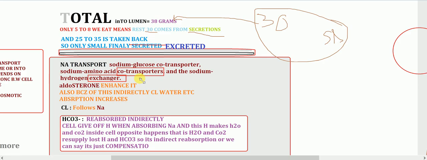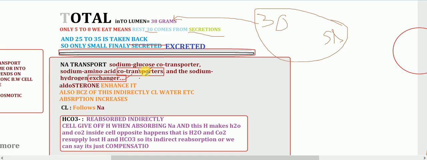At the luminal end, either co-transport or exchange happens. Exchange with hydrogen. Co-transport with glucose or amino acids. So either exchange or co-transport. So that's it. Now we're going to be talking about one more thing, that is the hormonal control on